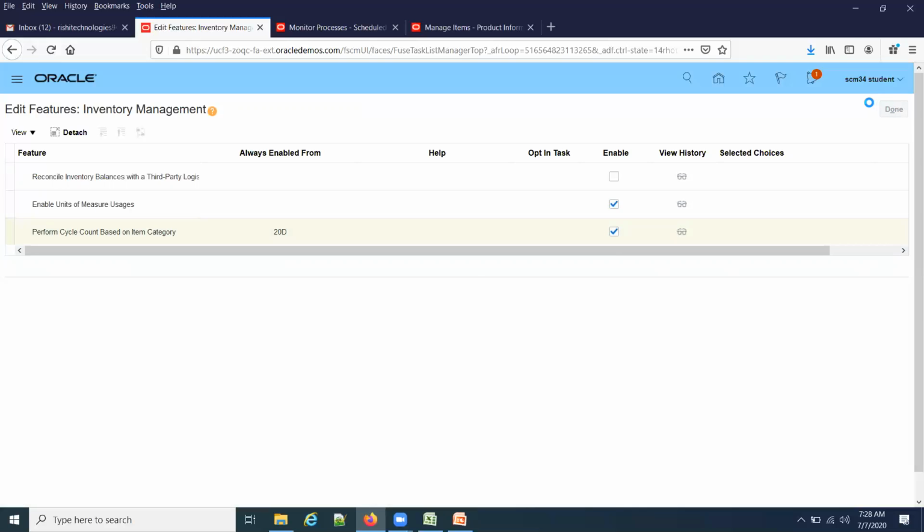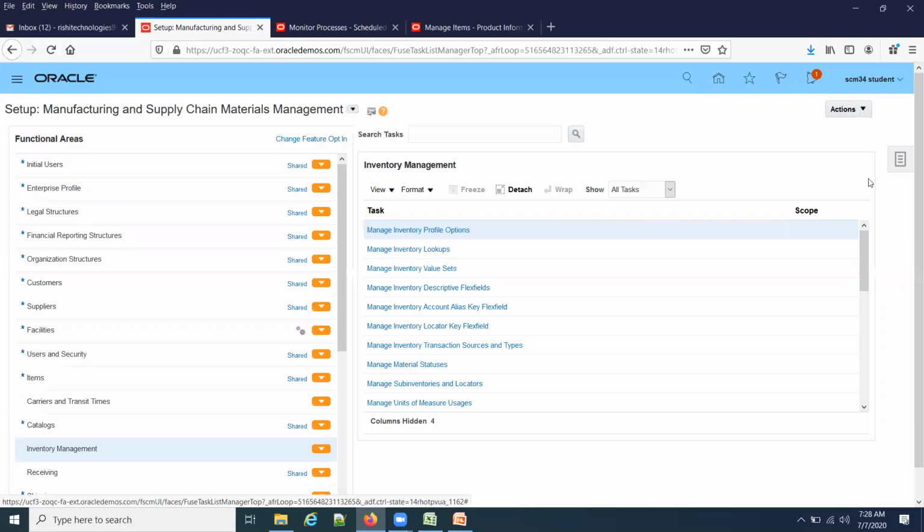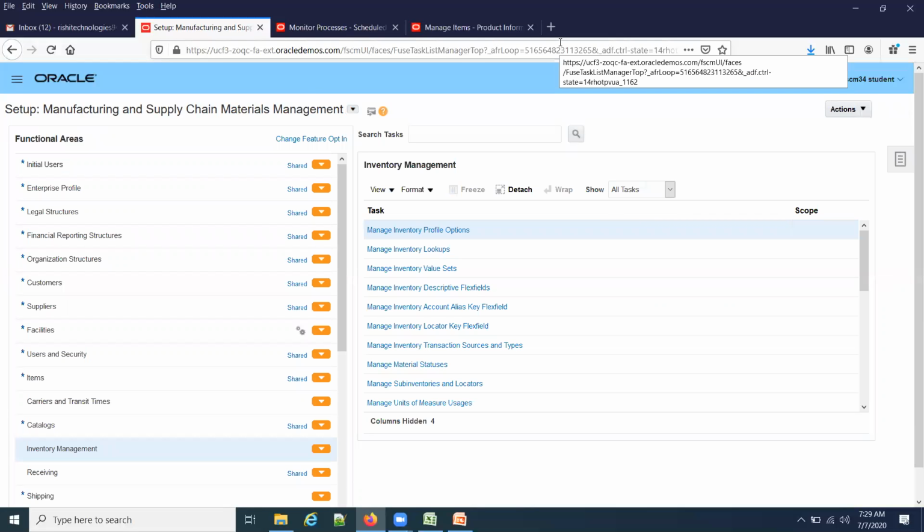This is going to control whether you are going to perform cycle counting based on item category or not. If you don't want it, you can disable this option. By seeing that, what we understand is that if you are in 20B and 20C, you have the option to enable or disable. But from 20D onwards, irrespective of whether you are using it or not, it will be available in cycle counting. If you don't want to use it, don't select that checkbox. Always go with ABC analysis only. So this is about cycle counting by category.